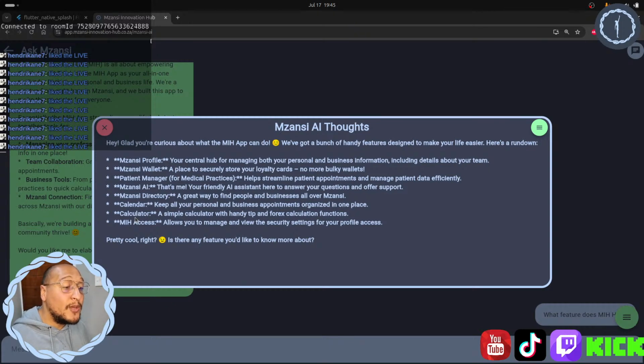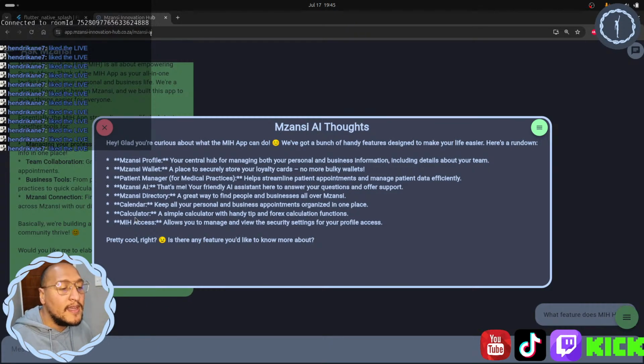So remember, we're dealing with sensitive information under the person or the patient manager. A doctor cannot just have access to your medical records out of nowhere. No person can just have access to your medical records. But once you grant them permission, then they'll have access to it. That's what the MIH access controls is all about. So when a doctor requests access to your profiles, or in the future, if we have any other accesses out there, you'll be able to accept them having access to that profile. So that's what MIH is all about.